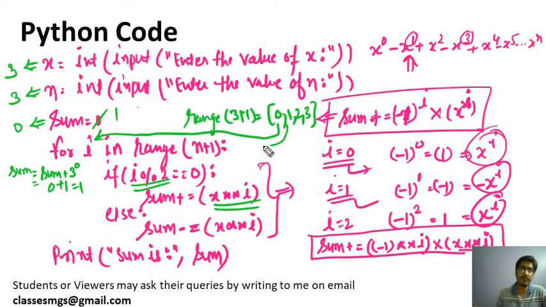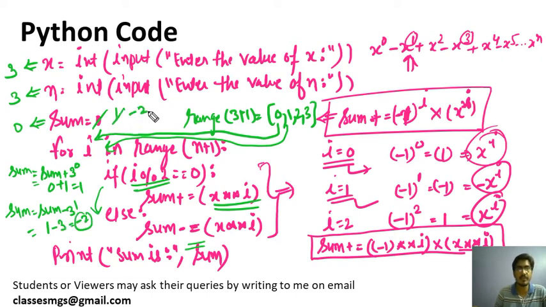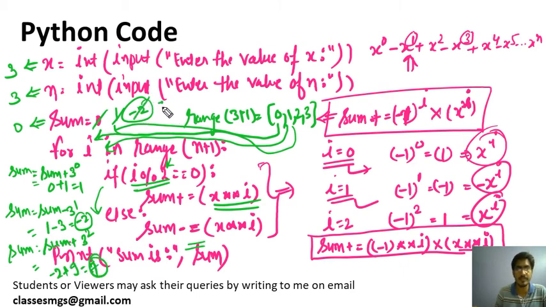Next time I will become 1. In that case it is not divisible by 2, go into else. Sum equals to sum minus 3 raised to power 1. So 1 minus 3 will become minus 2. So now sum will become minus 2. Next time I will become 2. In that case it is divisible by 2. Sum will add. So sum will become sum plus 3 raised to power 2, 9. So sum value is already minus 2 plus 9. So it will become 7. So sum's new value becomes 7.